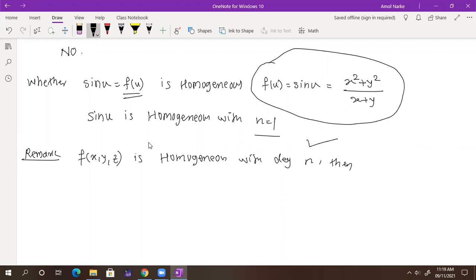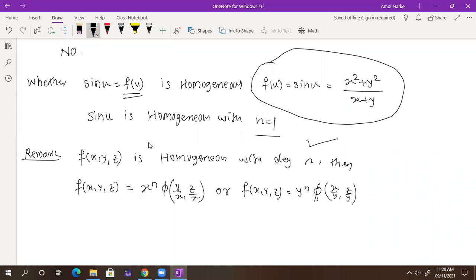you can write f of x, y, z equal to, you can take x to the power n common, so you will have the remaining function in two variables, that is nothing but y divided by x and z divided by x. Or can someone tell me what happens if I take y as common? Which function will I get? Some another function, I will say phi1. Phi1 will be a function of, if I take y raised to n common, which terms should remain here? X by y and z by y. Very good. X by y and z divided by y.